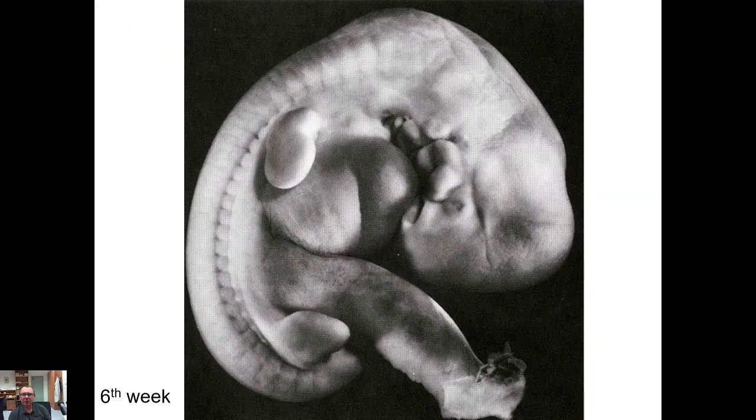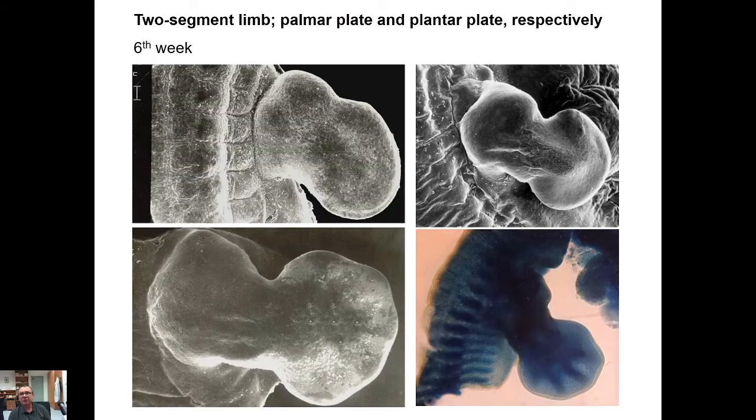During the 6th week we can see something like a constriction in the middle of the limb ridge. Of course, again, at first in the upper extremity. So the upper extremity in this case has 2 segments. The lower extremity still hasn't got any constriction because it still has a delay. It has still 2 days delay compared to the upper extremity. So there are 2 segments, and these segments are called